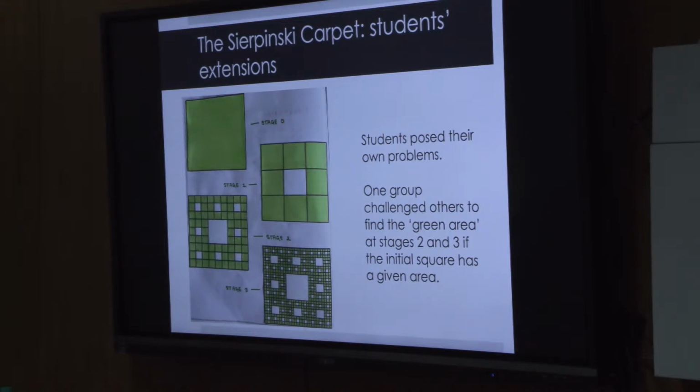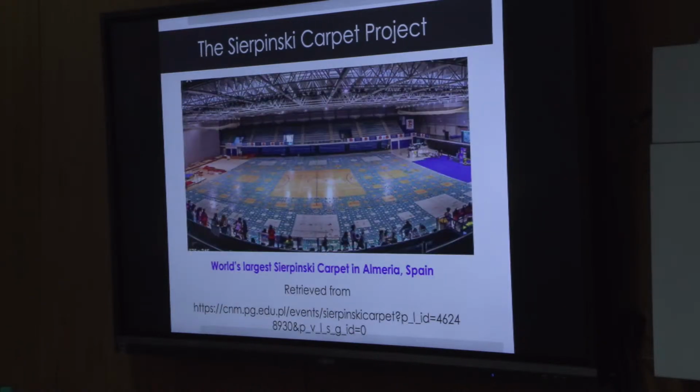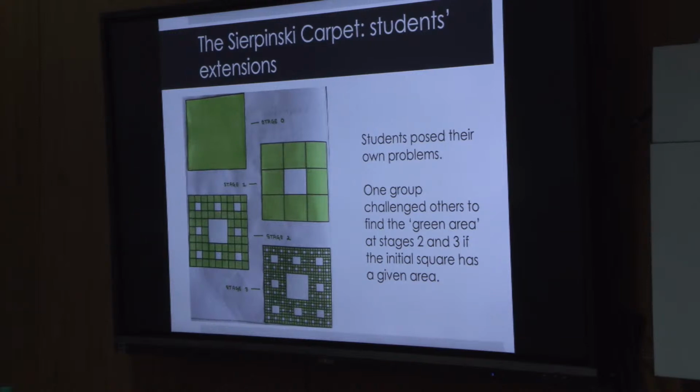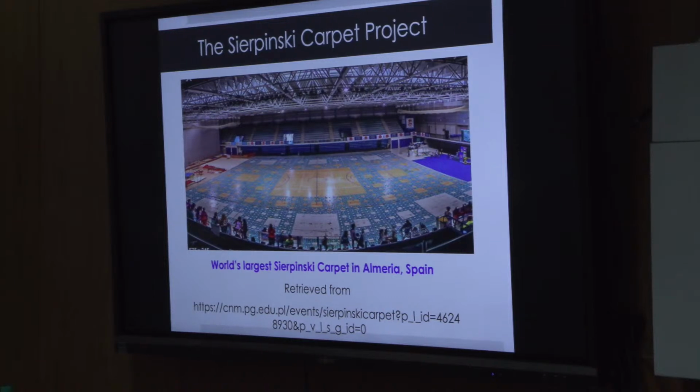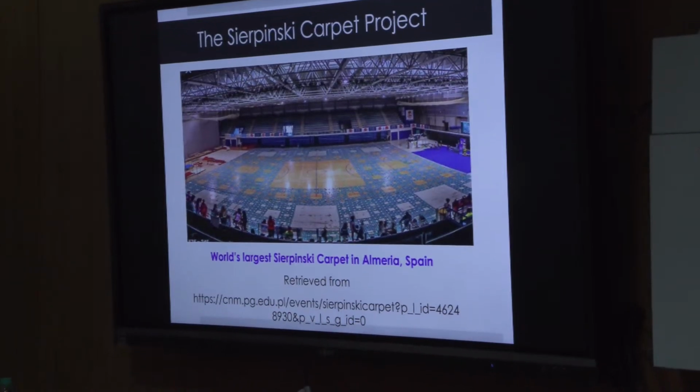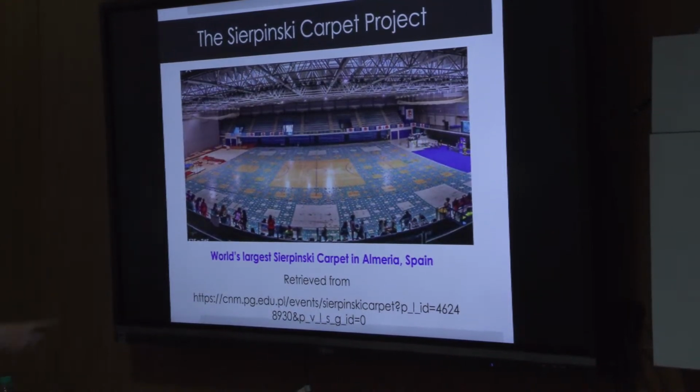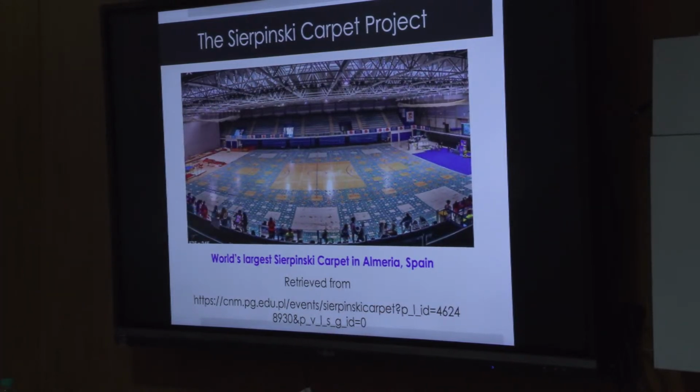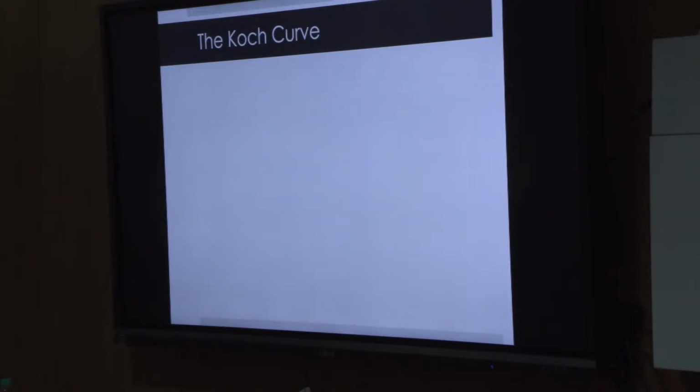Again, here you get a geometric sequence because if 1 is the area at stage 0, then it becomes 8 upon 9 and it becomes powers of 8 upon 9. This, of course, was done by a student this year, but in the past also there have been many. In fact, there is this basketball court in Spain, which is actually a Sierpinski carpet, which very many children have made smaller parts of. I think you can see here. And so fractals are popularly used for aesthetic purposes also.